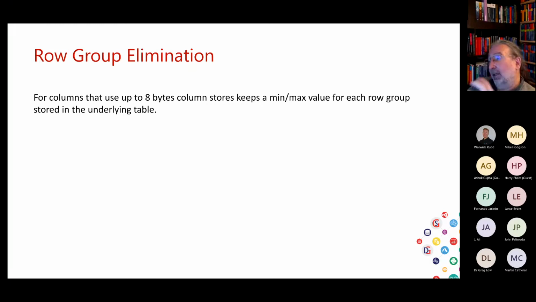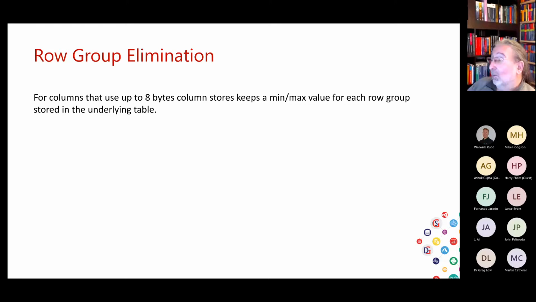Since all this data is stored in a blob in a regular row, if it's less than 8 bytes wide, what the SQL team also does is keep a min-max value for each row group. So for example, if you have an ever-increasing key, for the first 1 million rows it's going to be 1 to 1 million. For the next one, 1,000,001 to 2 million. So they keep the min-max value for each row group for each column, if it's less than or equal to 8